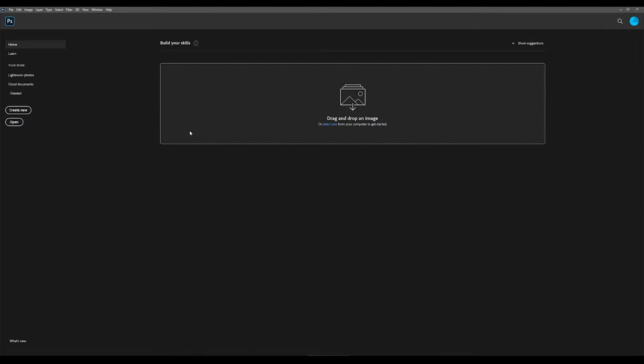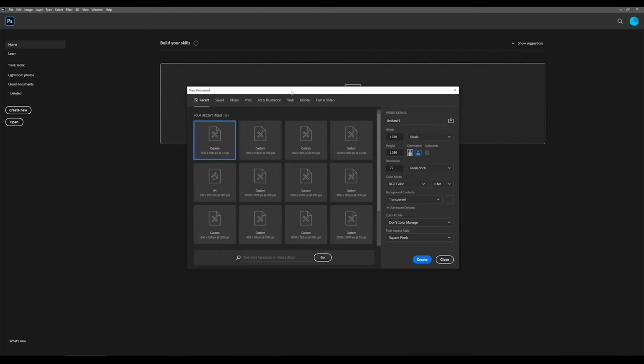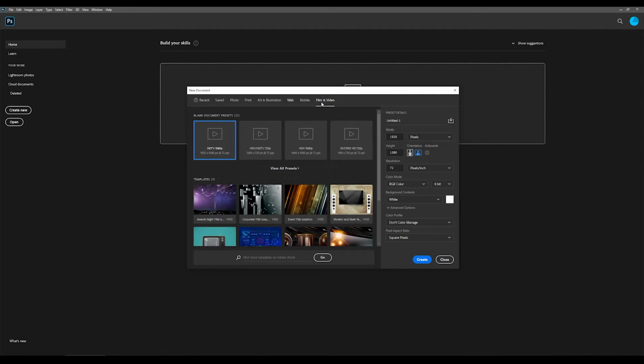So I'm going to make lower thirds for, let's say, a video that's only in high definition, so 1920 by 1080. If you go to create new, you see here in Photoshop it has a couple of different tabs. If you click this film and video, you see a couple of different presets. Here we have HDTV 1080p, so the width and the height are good. If you're working with another resolution, you can always manually input the width and the height